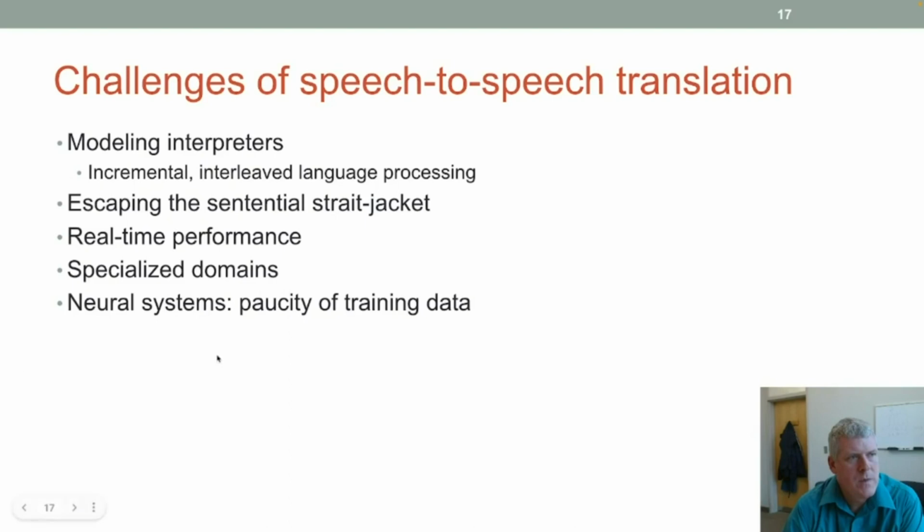And neural systems are the way to do that these days, but there's a paucity or scarcity or lack of good training data, interpretation data. Often because the interpreters still make mistakes. Humans still make mistakes as they're interpreting. They don't want that to be on record. Sometimes they don't want their recorded materials to be used in training. That could be one problem with trying to get training data for these types of systems.